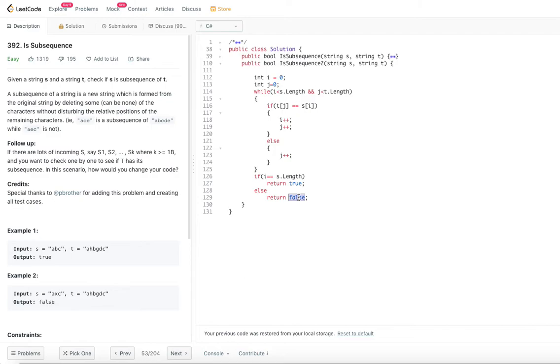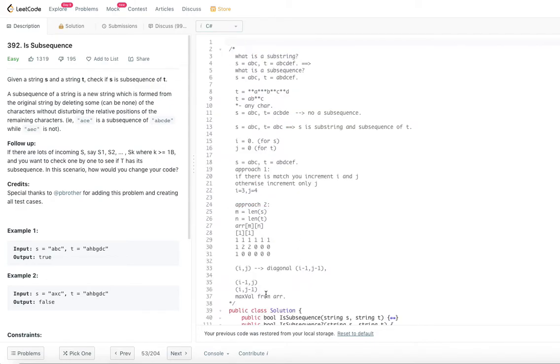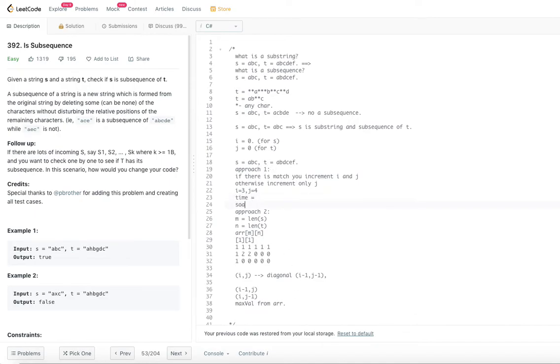So now let's look at the time and space complexity for this. What is the time it is going to take and what is the space it is going to take? That's what we are interested in. So let me put this down. For the first approach, approach 1, I am calling out the time and the space. We will also go through approach 2 and look at the time and space.